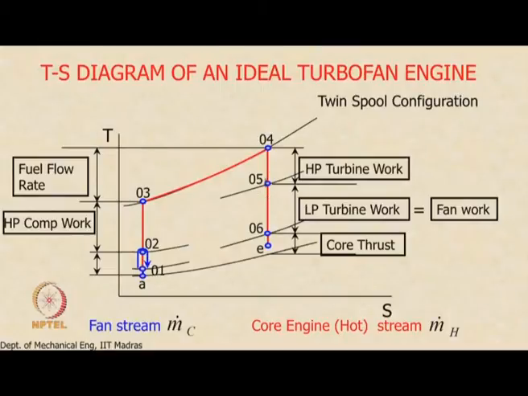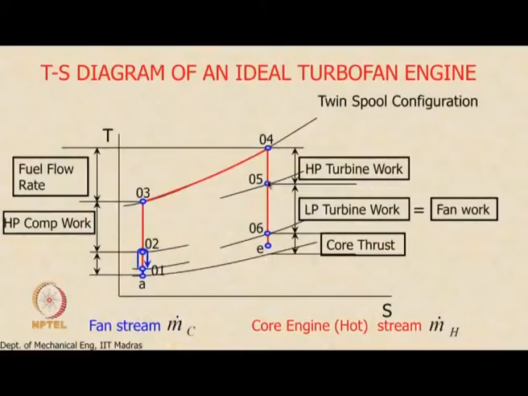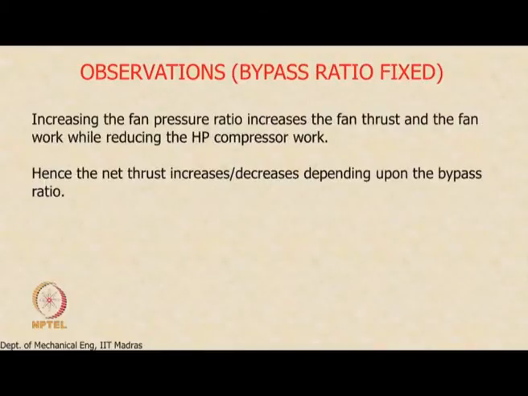This goes up, right, and if this also goes up, then the core engine thrust may actually increase slightly, because if this goes up, what happens to the pressure thrust? Pressure thrust will increase, right, because the flow will be more under-expanded now. Okay. That is the difference between increasing the bypass ratio alone or increasing the fan pressure ratio. This point begins to slide up on this vertical line. So, the overall thrust may increase or not. Okay. So, that is what we are saying here.